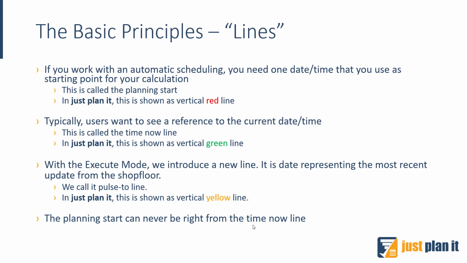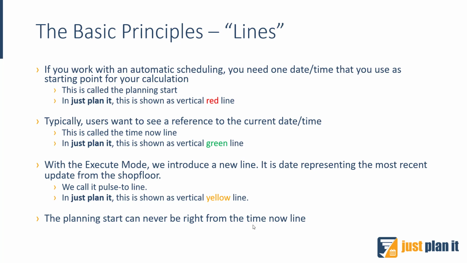And this yellow line is representing the most recent update from the Shopfloor that was set by any of the operators, and that was then finally released by the chief operator. So it is always the most recent update from the Shopfloor that you get. Okay,